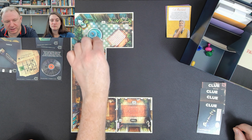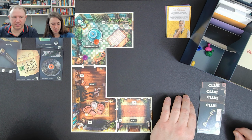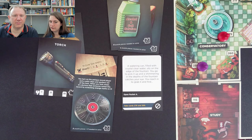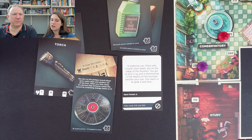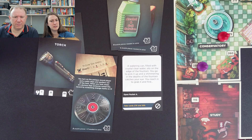Okay, well, I'm going to go investigate the fountain, because there are interesting things going on in the 275 on the fountain in the previous Cluedo game we played. Ooh. Right, okay, what have we got here? A watering can filled with crystal clear water sits on the edge of the fountain. You go to pick it up and a shimmering in the depths of the fountain catches your eye. You reach in and grab it and find...